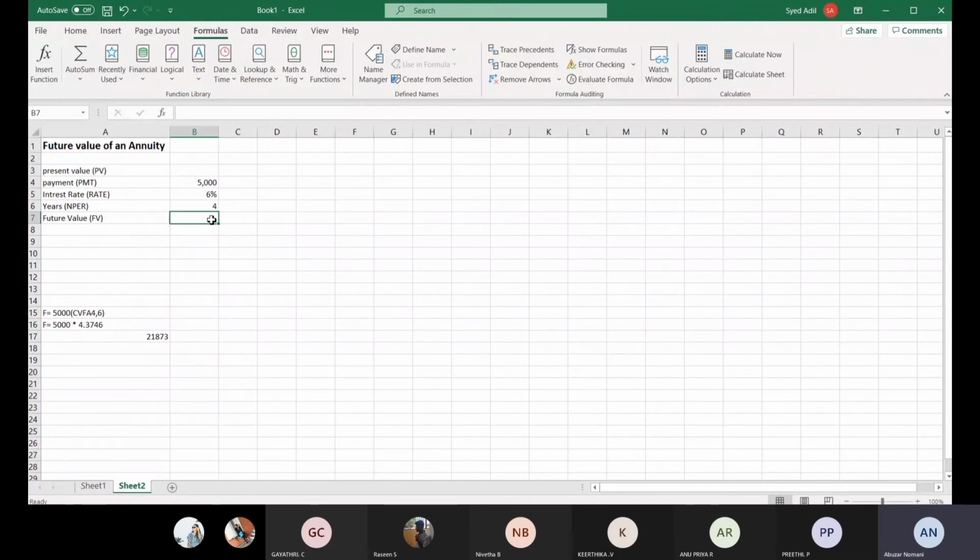Here suppose future value, in this case what will be the future value, is equal to, you have to type future value, then bracket, then rate. What is the interest rate we are receiving here in this case? 5,000 we are depositing for 4 years at a rate of 6%. So 6% here, we select this cell, then comma, then NPER. As I told you in the last class, this formula has shortened codes for that. So NPER means years. Okay, so how many years are we going to deposit it continuously? 1 year, 2 year, 3 year, 4 year. So 4 years we are going to compute. Then comma, then